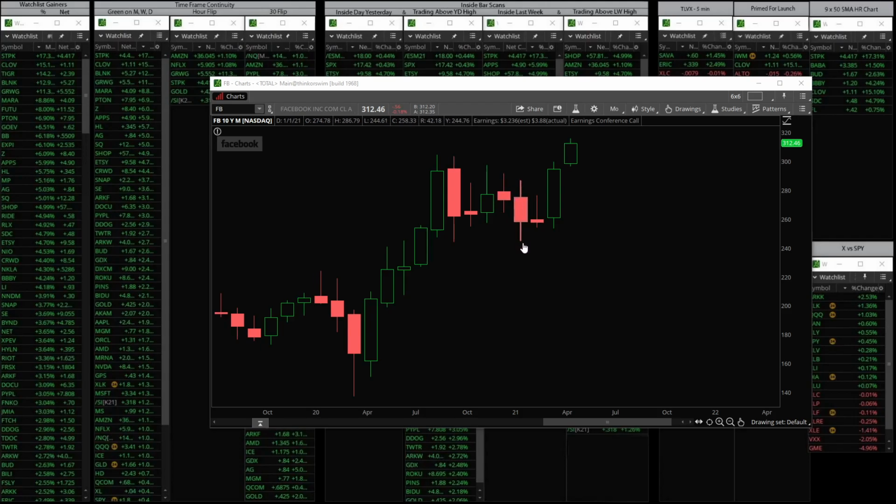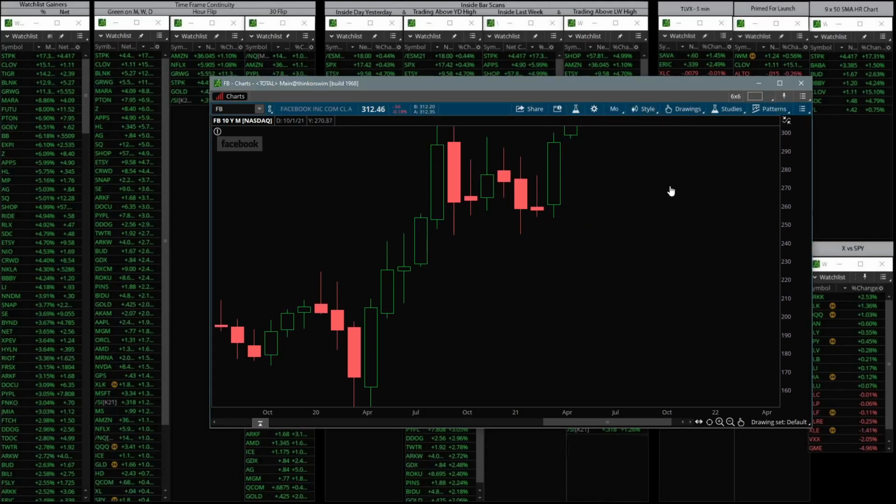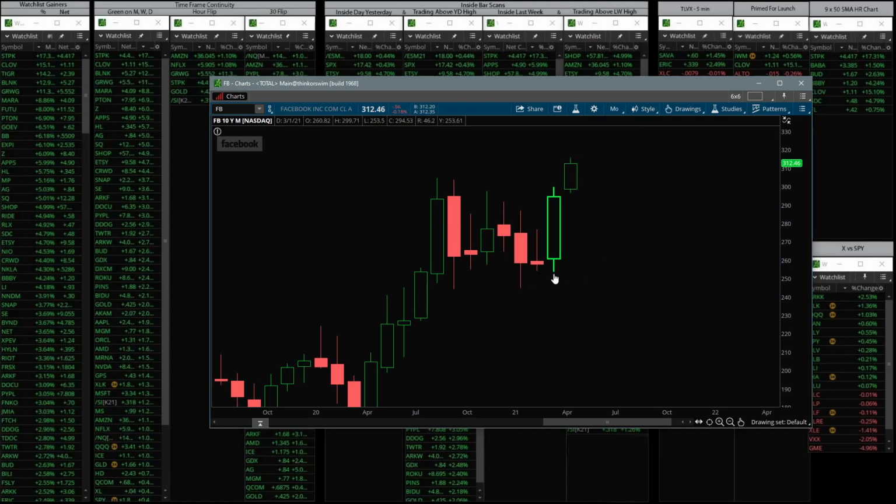It's a 2 down. So this would be a 2 down, a 1, and then this would be considered a 3. This is a little hard to see here, so let me make it a little bit bigger. But the low is lower than the previous low, and the high is higher than the previous high. So it's a higher high, a lower low. This would be considered a 3, also known as an engulfing bar. But according to the strat, this is a 3. So those are the three candle scenarios